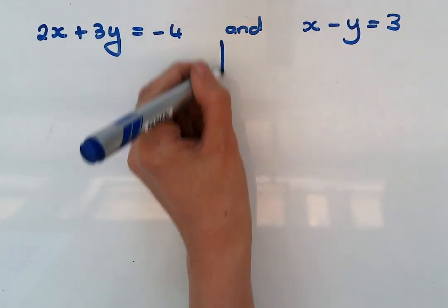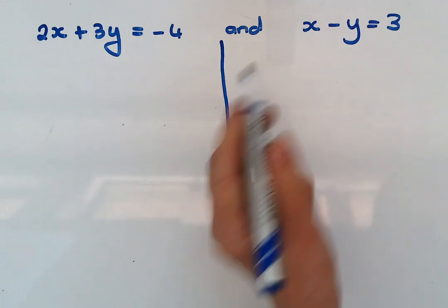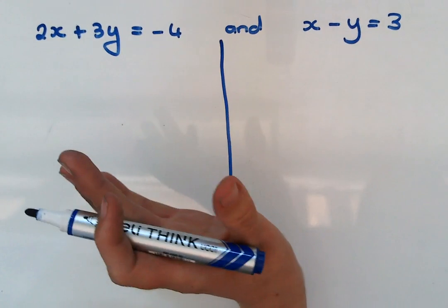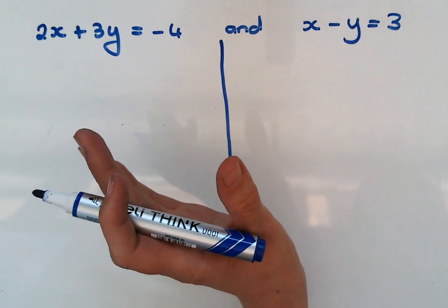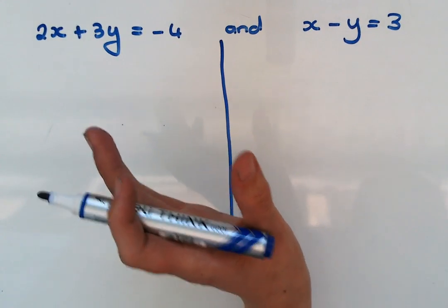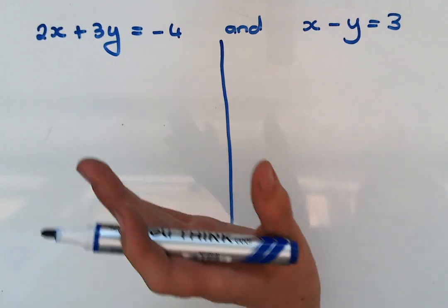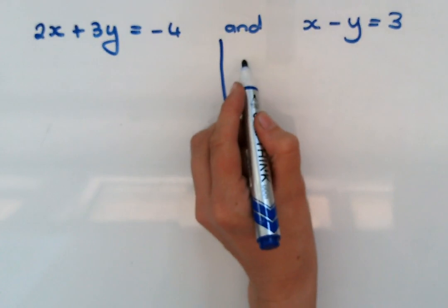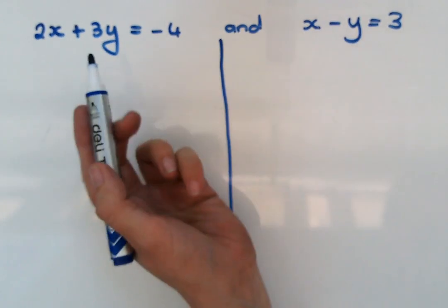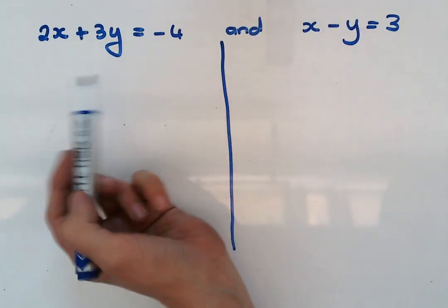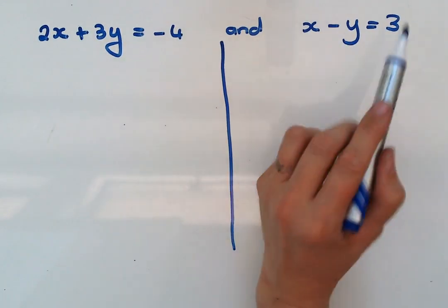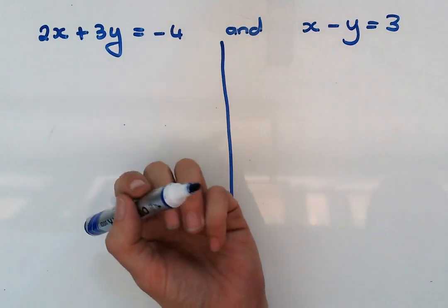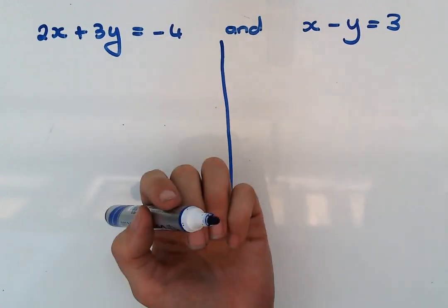I'm just going to show you the method of substitution, it's the one I prefer, but either method that you use is fine. I don't think they will ever tell you you must use this method or you must use that method. The method works like this. You can start on that side, but this equation is quite complicated. This one is quite easy, so I'm going to start on this side. You can start on either side and you can get the x or the y alone, it doesn't matter.